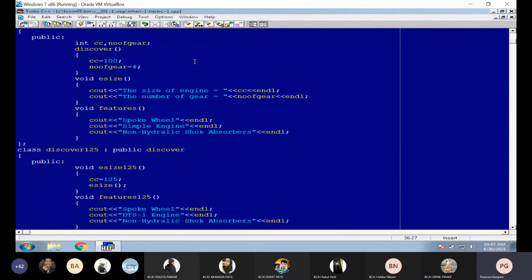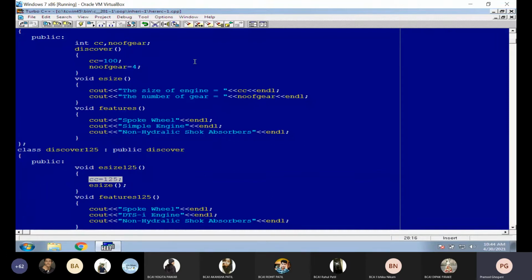Similar to that, I want to say one thing to you. We are calling this constructor when we are using the object of Discover 125, but at that same time we are calling the function of the base class also. हमने base class का भी जो है वो function को call किया है. The reason is that we are setting here only the value, हमें यहाँ पे वापस function लिखने की जरूरत नहीं, and that is the magic of inheritance. Remember, that is the magic of inheritance.